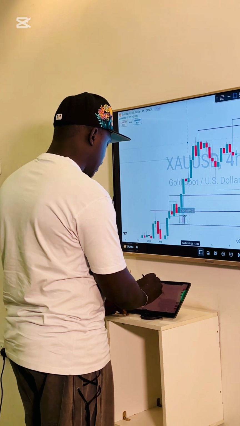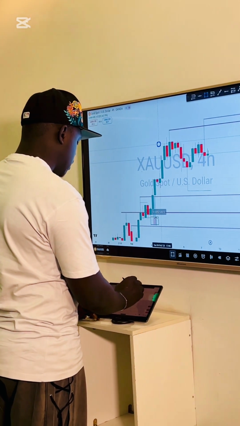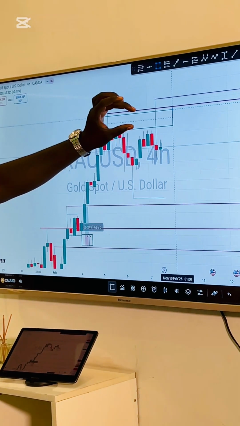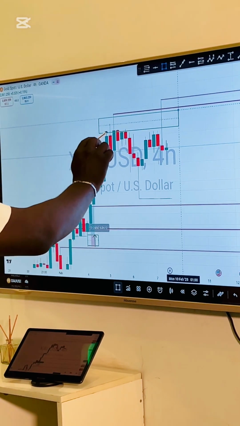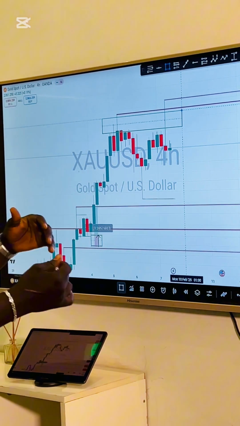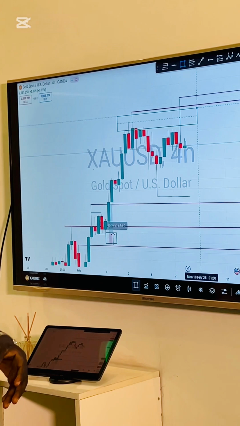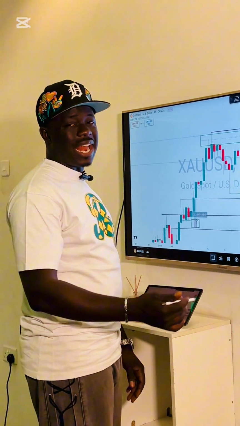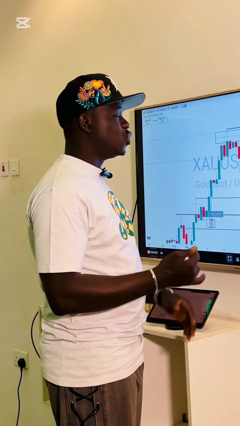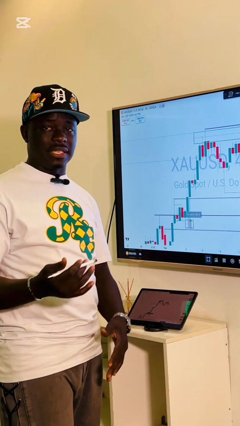Whatever the reason is, something is really holding the market within this range. Something is really catching the market within this range. It's not letting the market cross this very position. That is, it is trying to tell you sellers are going to shift the market to the downside for a retest, because